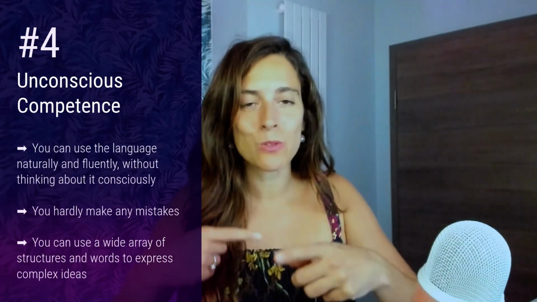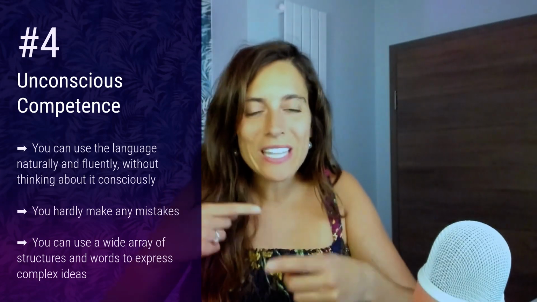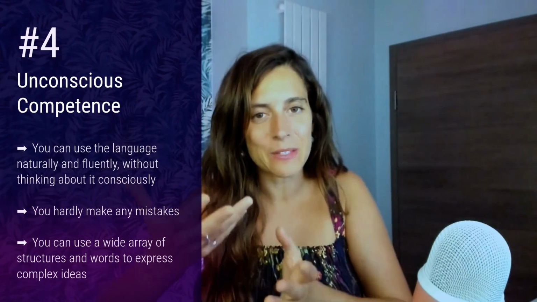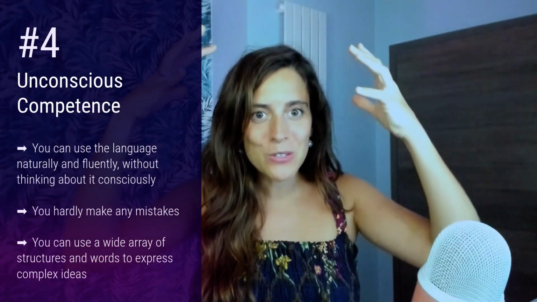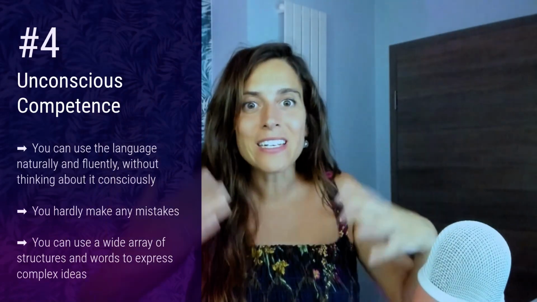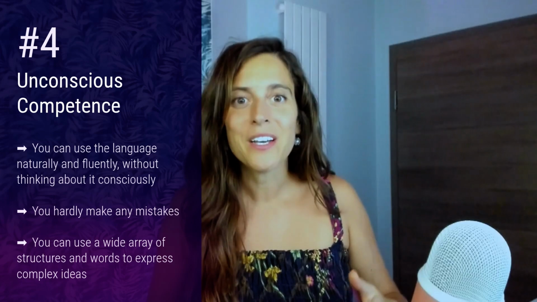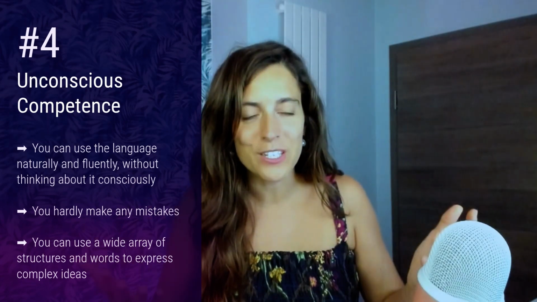You don't think to repeat the grammar rules in your head before putting together a sentence, because you have acquired the language. You have managed to automatize all those rules or that vocabulary, all the things that you've been practicing and learning in the previous stages have now become so ingrained in your brain that your brain is able to use them naturally without a big conscious effort, like it was the case in the previous stage. And here you are already at the level of mastery. If you've managed to get to this level, it means you're probably fairly fluent in the language and you are able to communicate quite proficiently.